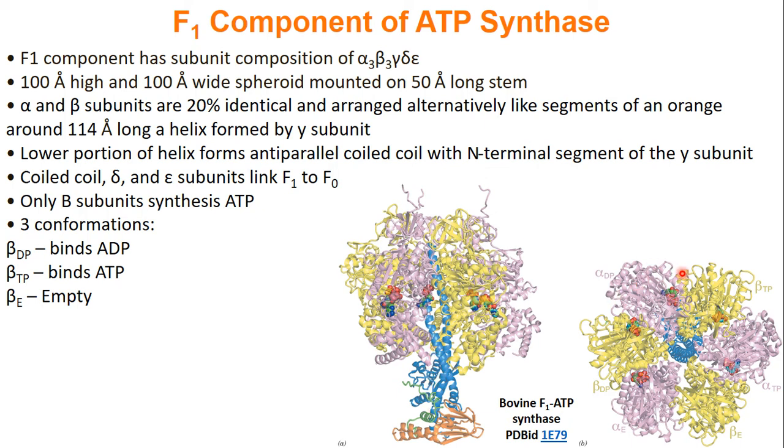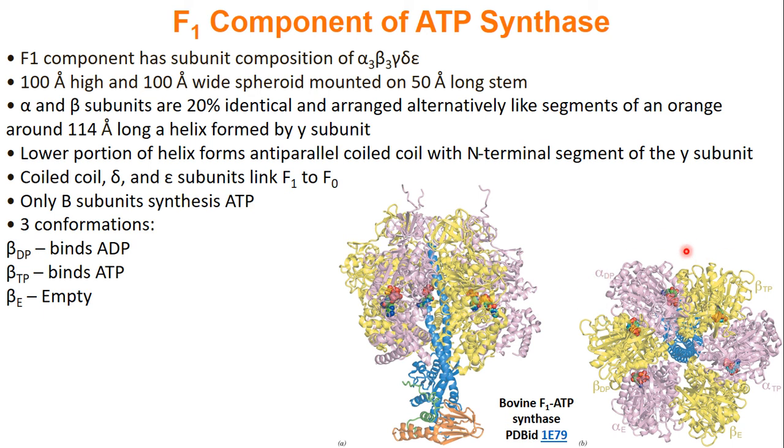Now our alpha and beta subunits, so if we take our molecule and look down the stem, you can see that we have three alpha subunits and three beta subunits. And you can think of these as being linked together. So alpha beta pair here, alpha beta pair here, alpha beta pair here. So we have three pairs of alpha and beta, and these are 20% identical to each other. And they are alternating, like I said, and you can also think of them like an orange or a fruit